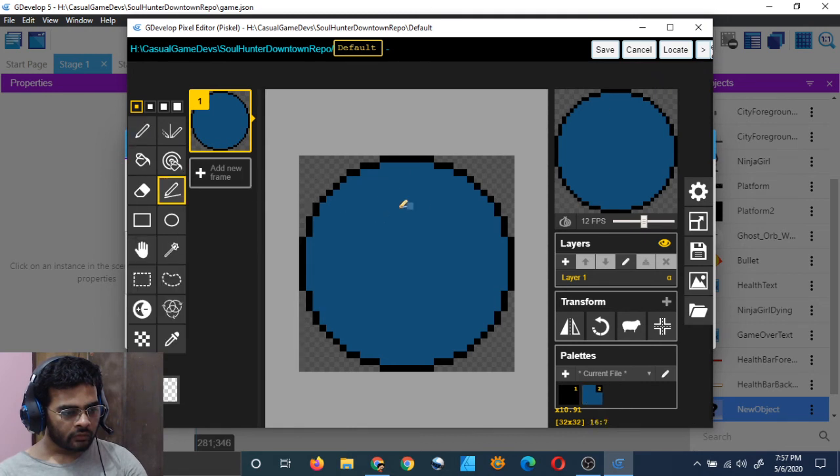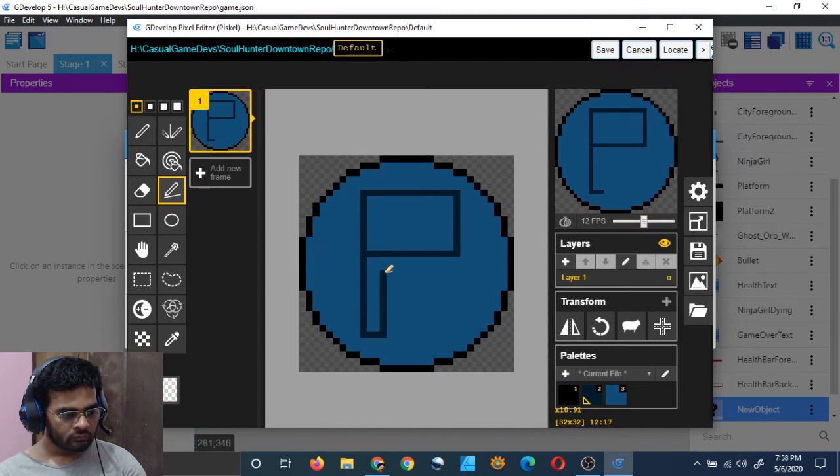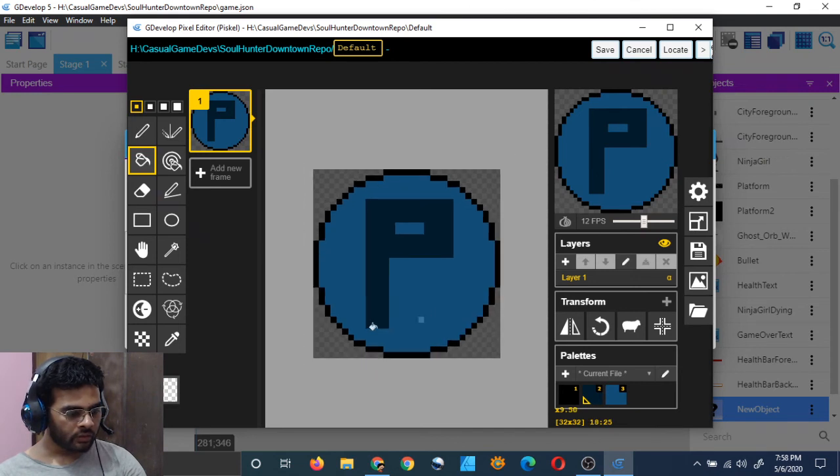Let me put some strokes here. P for points, paint it in. That is P. And now I can also add some shading here.